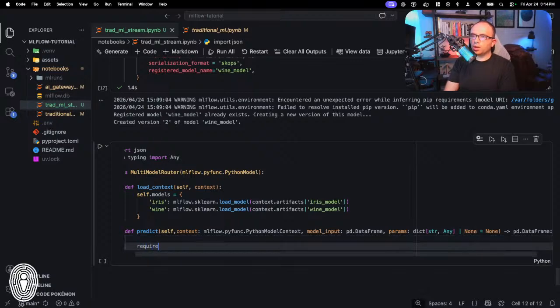Okay, so we're going to say required columns equals. All right, so this is basically saying, when somebody calls our custom endpoint here, we want to make sure that they have two required columns, model name and feature station. What this is actually doing is, whenever the user invokes the model, it's noting by the model name which model it wants to invoke.